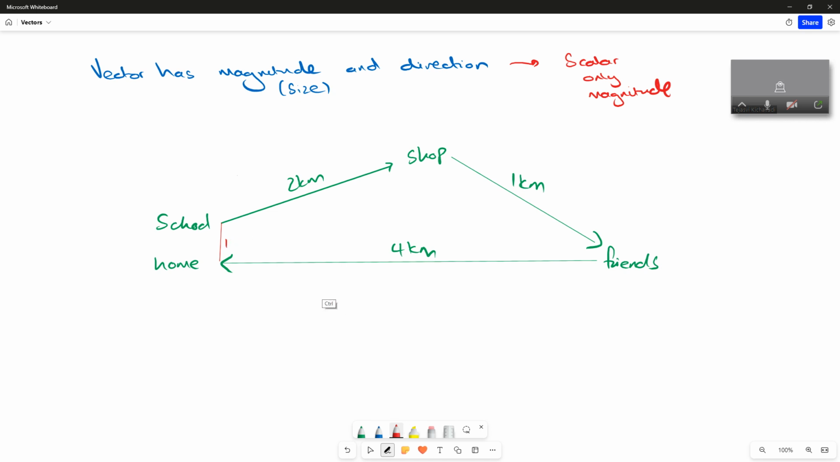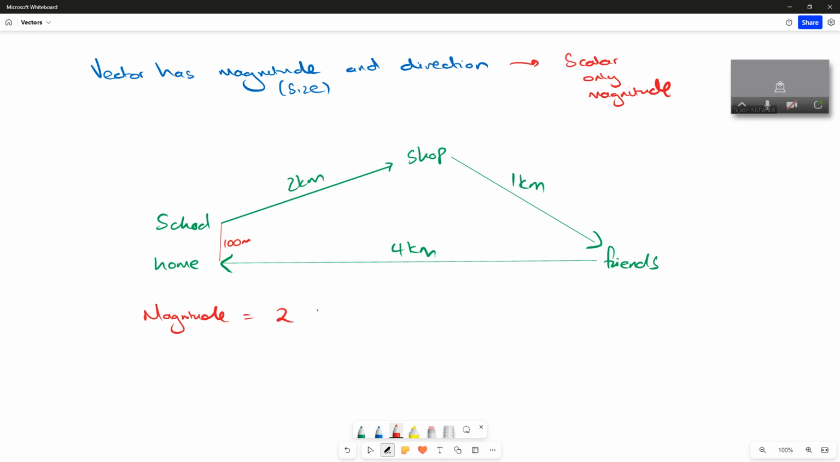No, smaller than that. 10 meters. No, let's make it smaller. I mean, too big. Too small. 100 meters. Okay. So if I have to calculate the total magnitude of the entire walk,